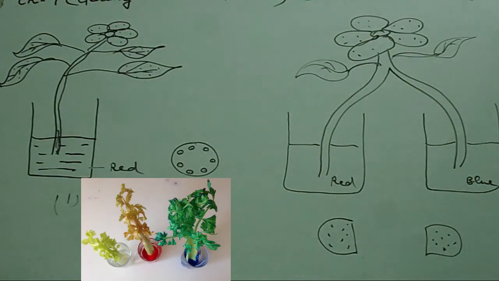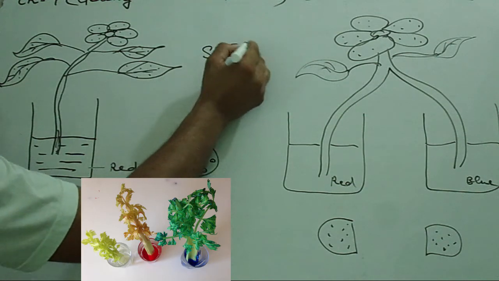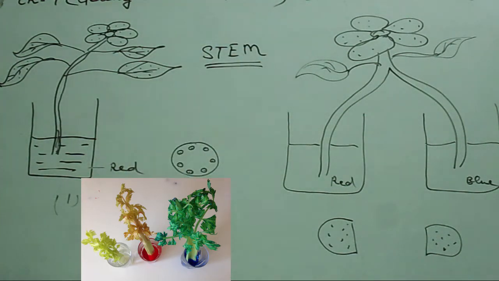Now we are going to perform one activity so that we can better know the function of the stem. To know the proper function of the stem, we have to perform this activity. Simply, we can do this activity at home also, using a blade. What we have to do? Firstly, we are going to perform this activity. This is the second activity, both of them we are going to perform later.